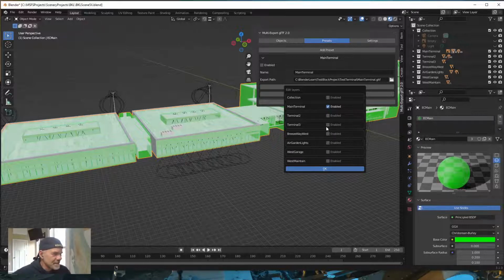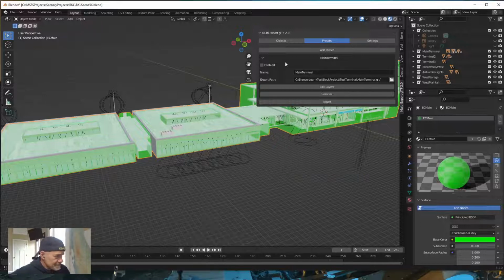All right. Now, I probably won't use presets very often because I think the object tab does everything that I want. Okay. But when you do a preset, if you enable the preset,